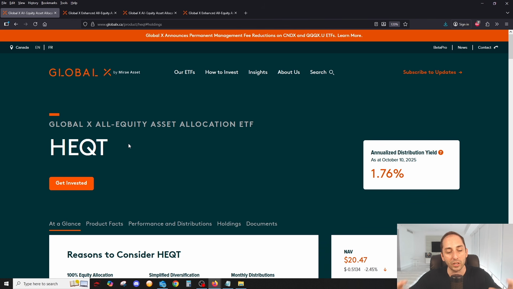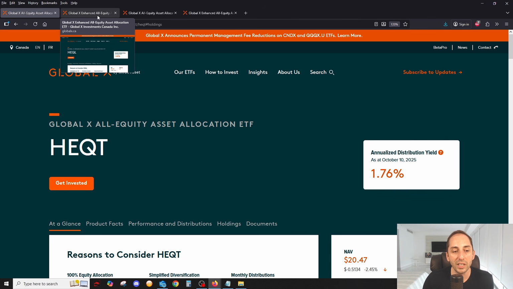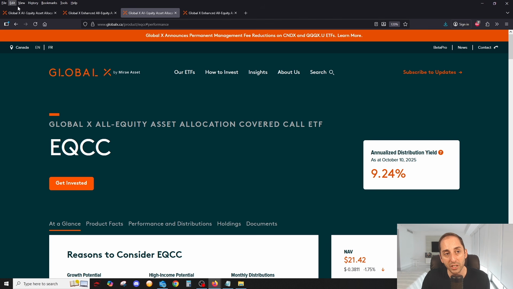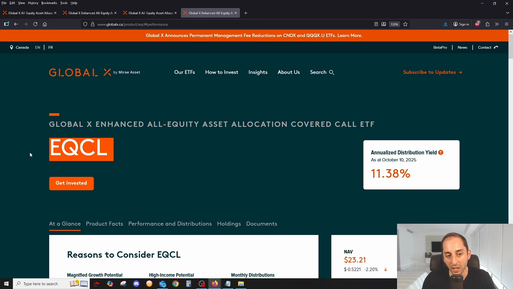Again, just to recap, your classic all-in-one option, no leverage, no covered calls, HEQT. Considered a growth version, growth ETF. You don't mind 25% leverage, you want a bit of amplification, you have the enhanced version with HEQL. You have the covered call version of HEQT, if you will, which is a collection of the covered calls in the same indexes, EQCC, and there's also EQCL for that 25% leverage version of EQCC, or amplified